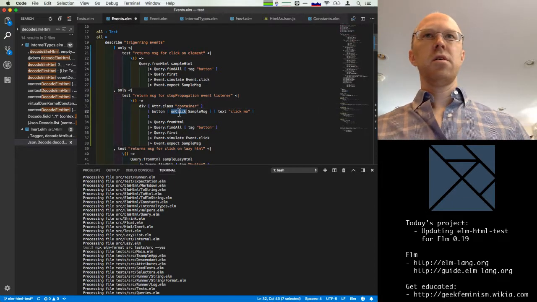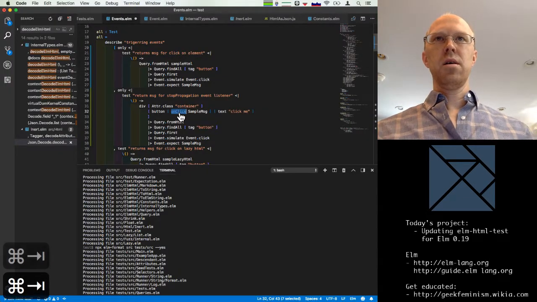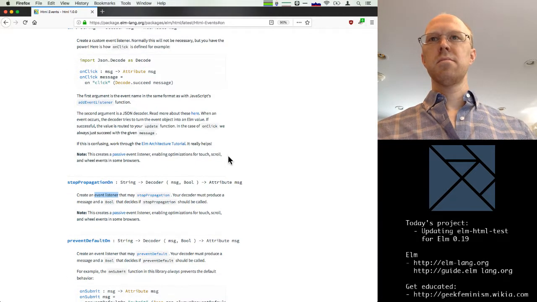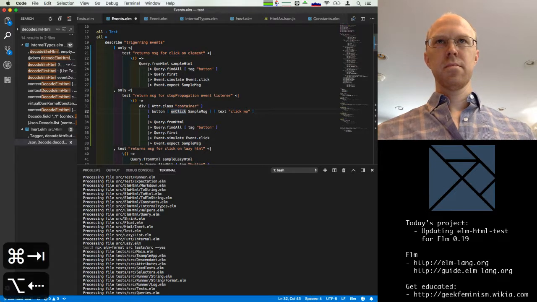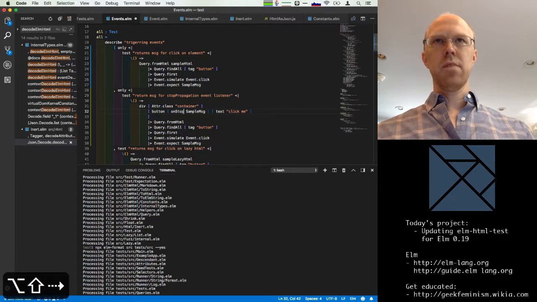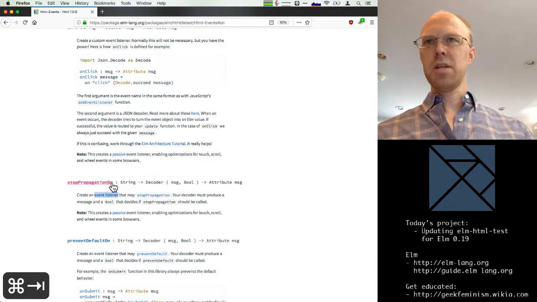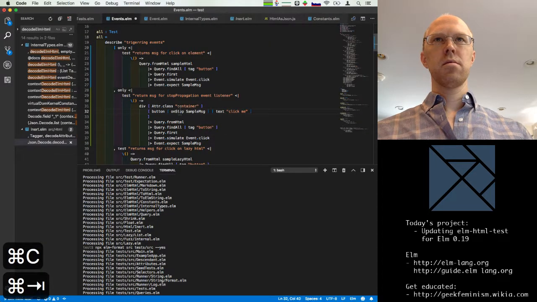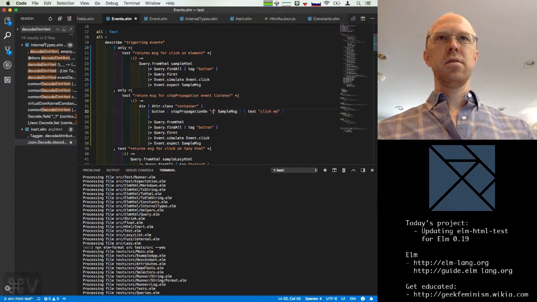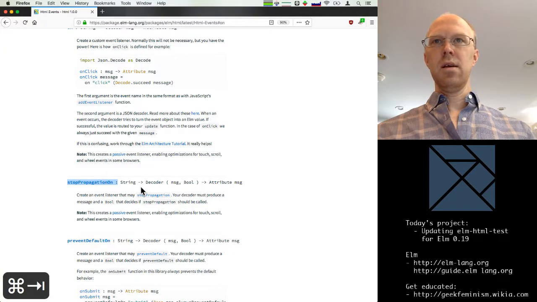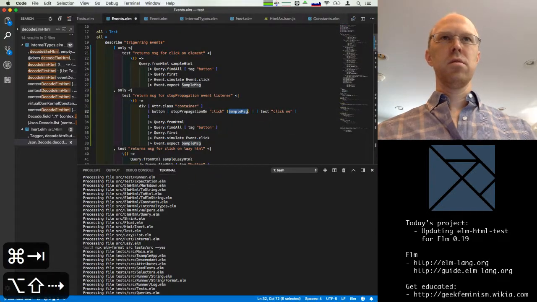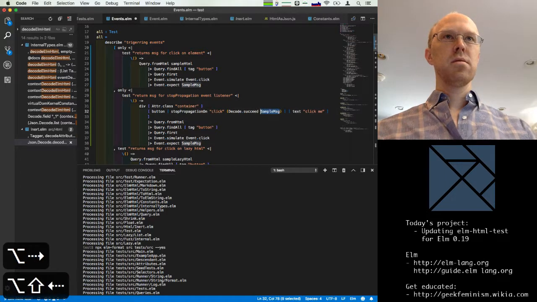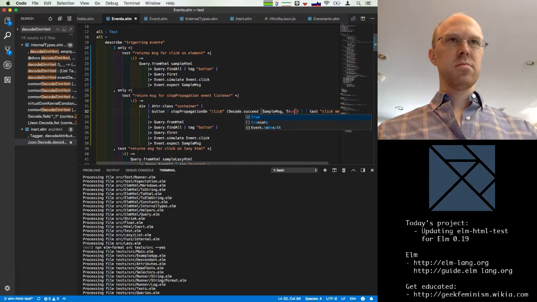Okay, so instead of on click, we're going to use on... stop. What is it? Stop propagation on. Stop propagation on takes the string click, and it takes a decoder, which we are going to decode.succeed of this, and true, I guess.